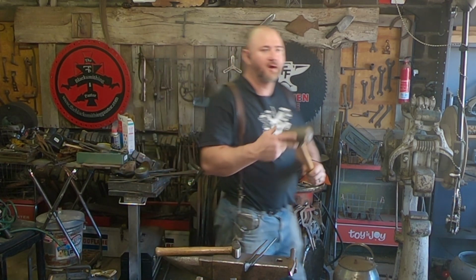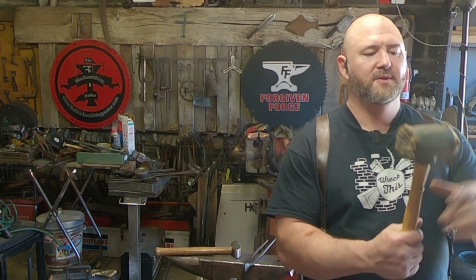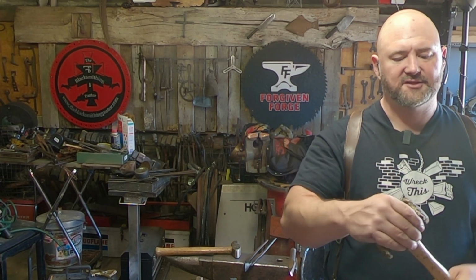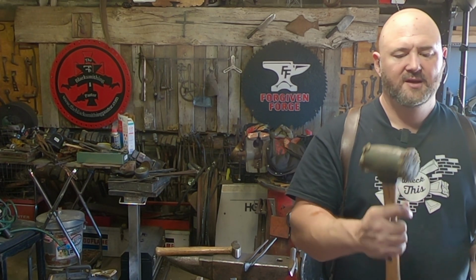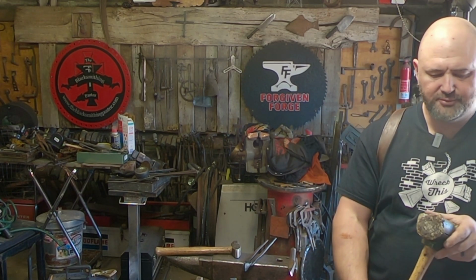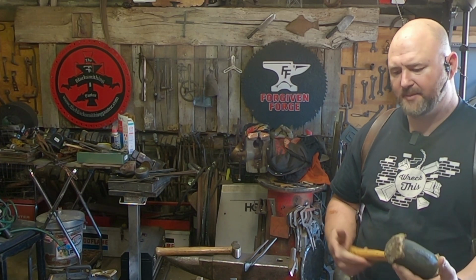This is my rawhide mallet. I have new caps for it, but this is a heavy thing. It's got a steel body that connects everything together. But this is softer, obviously, than the steel, and this is really good for making these. It's not a cheap mallet; it's a Garland rawhide mallet. So you open it up,